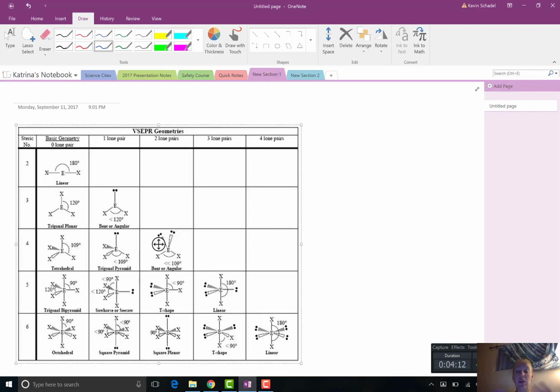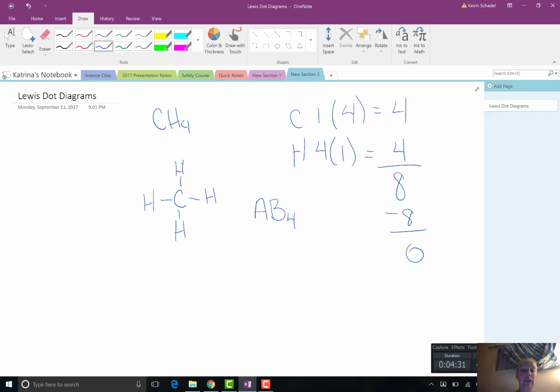Using a reference sheet or your brain, eventually it needs to be your brain, you're going to look at something that has 4 attached atoms to the central atom, and in this case that's the tetrahedral shape, which has a bond angle of 109 degrees. So unlike in our drawing here, where our bond angles are shown as 90 degrees,